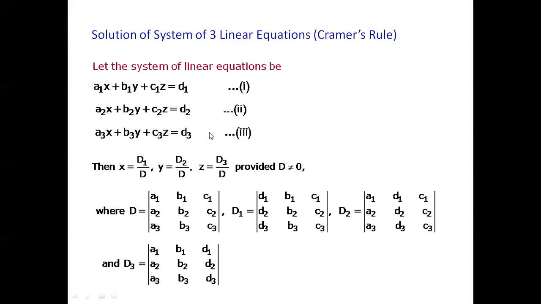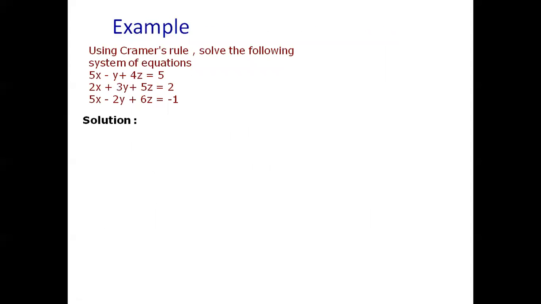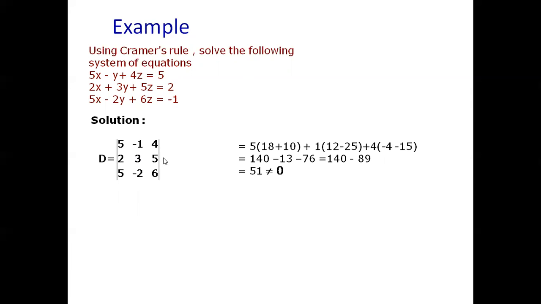Okay. So an example of this 3 cross 3 matrix is this. 5x minus y plus 4z is equal to 5. Then 2x plus 3y plus 5z is equal to 2. And 5x minus 2y plus 6z is equal to minus 1. So here the constants are nothing but 5, 2, minus 1. D is nothing but the coefficients of x, y, z. So 5, 2, 5, minus 1, 3, minus 2, 4, 5, 6. So the determinant of this